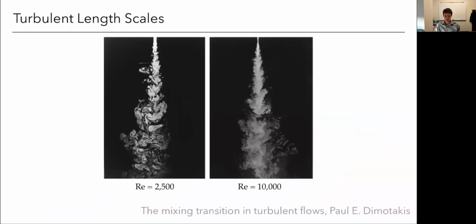So to get started, here's a picture of a jet flow. There's a circular jet. There's fluid being injected into the same fluid here. And it's just got a dye in this case, so we can visualize some of the structure. There are a number of observations we can make. Notice that these are 2 different Reynolds numbers. And if we look at the 2 side by side, it's pretty clear that there are differences